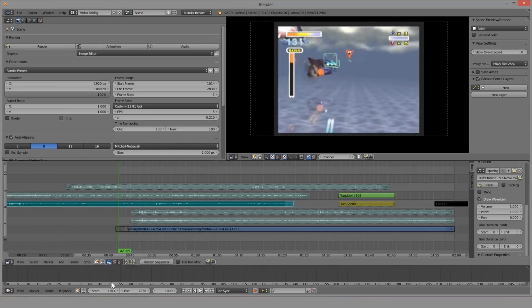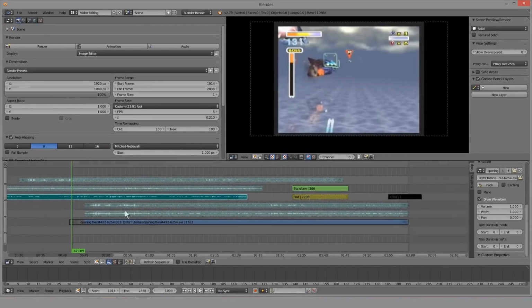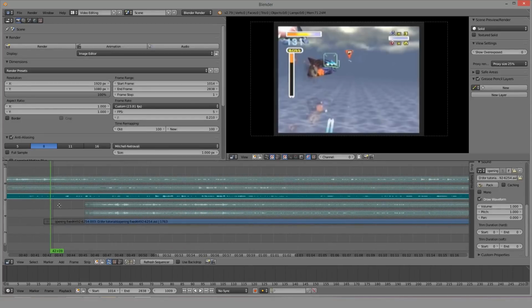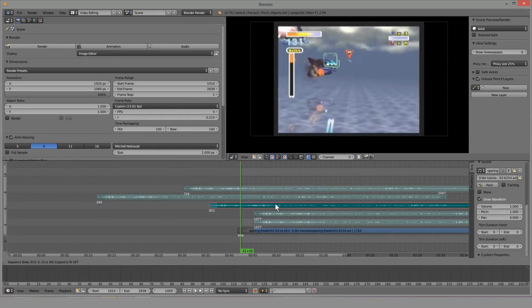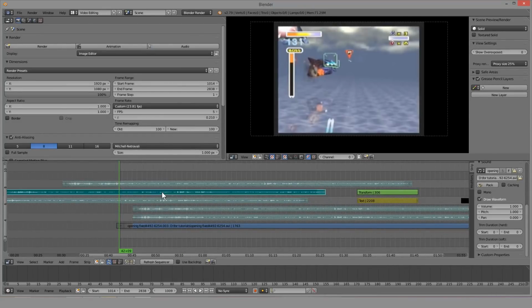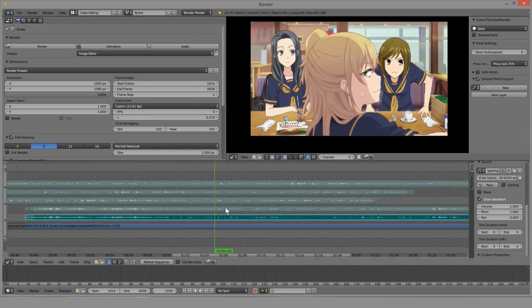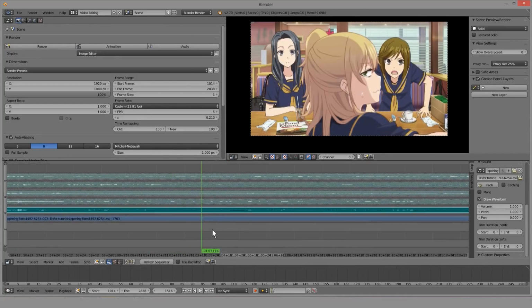I can line other stuff up in Audacity-type programs and export, which is a lot easier to mix down and whatnot, but I haven't really learned that yet, and hopefully I will be able to learn it. But for the most part, just be very, very cautious of audio here. So again, what you hear in this space on playback is not what you're going to get when you render. Okay, and to know what you get when you render, you should check your imported audio file wherever it is,